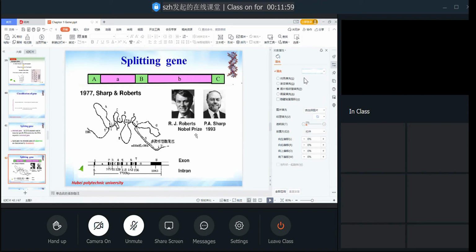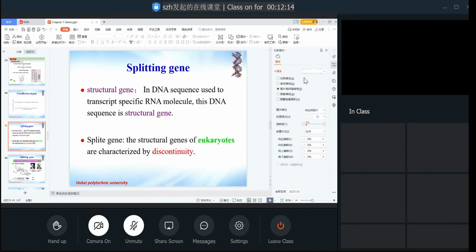In eukaryotic organisms, the histone protein structural genes are continuous. Pay attention to this. Maybe my students have studied that the structural genes of eukaryotic organisms are always discontinuous. This is wrong; there are exceptions, such as those not found to be split. And another thing,